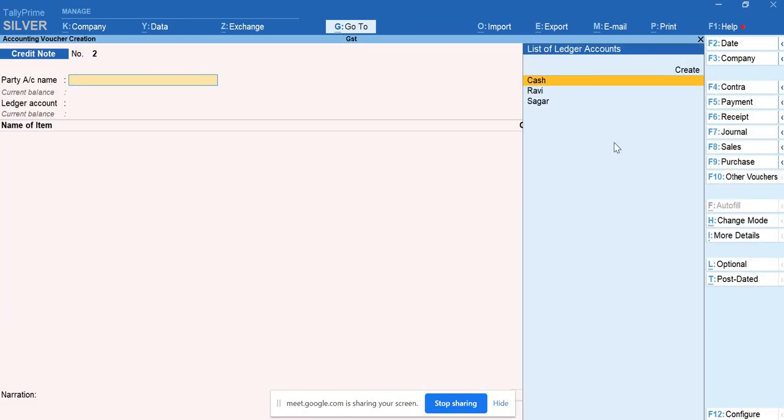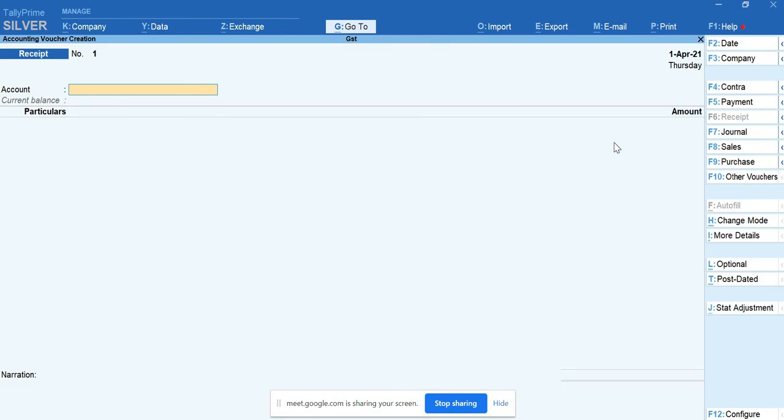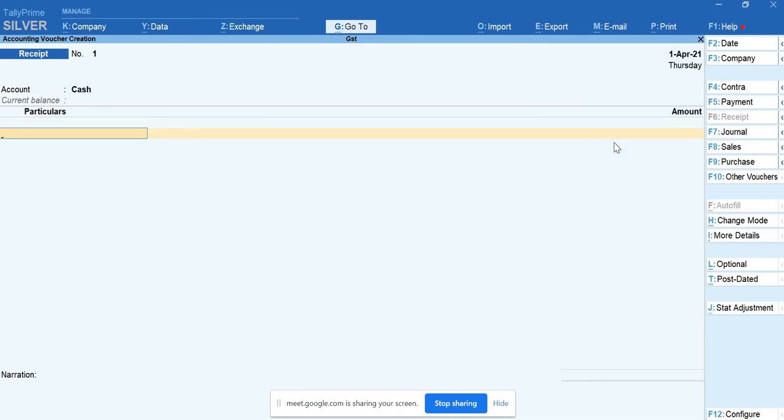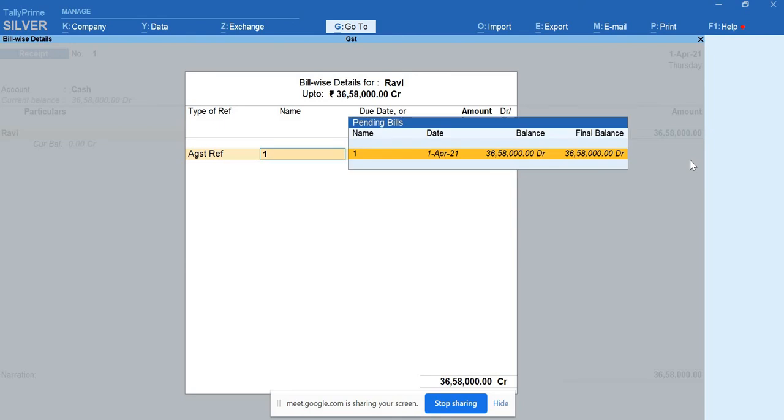Firstly, I'll receive the payment. F6 is for the receipt voucher. Go for the transaction mode, whether that is in the cash form or through the cheque form. And then party account name. So for whom did we sell the goods? It is for Ravi. So select Ravi here. It will show the balance that he is liable to pay us. Enter that amount in the amount column. So that is against the reference of the bill number 1. If you have second, third, fourth bill, so for whichever the bill you receive money, you can select that bill number.